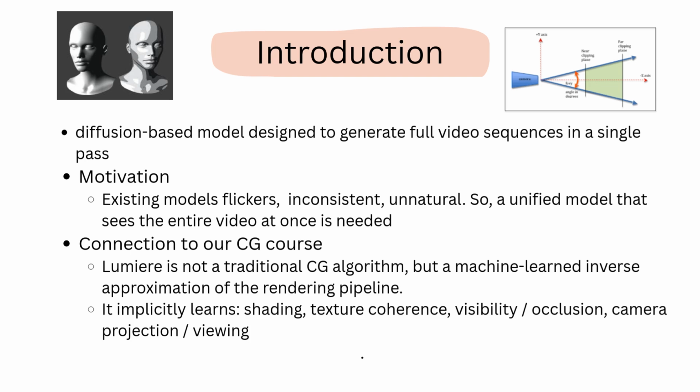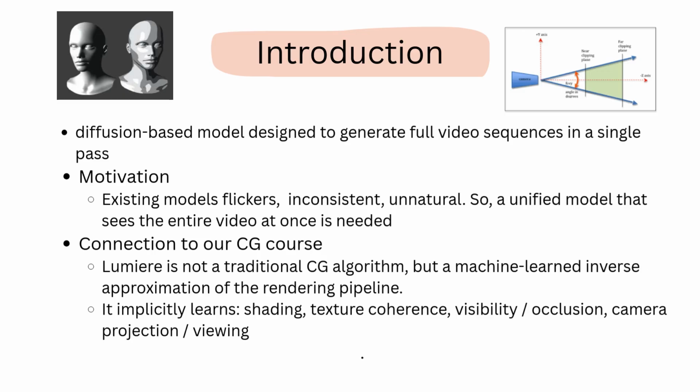So Lumiere is motivated by the need to avoid this cascading pipeline entirely, and instead create a model that can see the entire video at once and generate it holistically. This leads to much better motion consistency and texture coherence, stability, which is what artists, animators, or even content creators will really want when they try to create